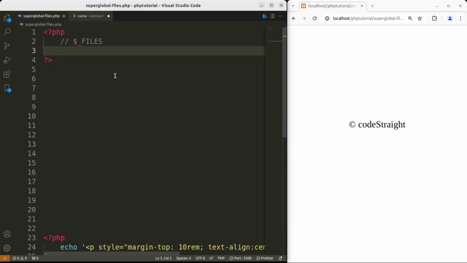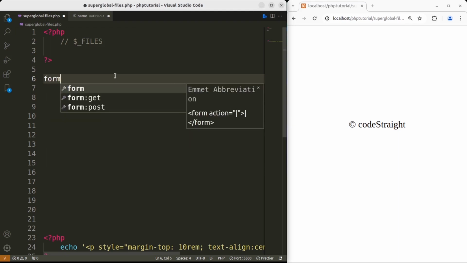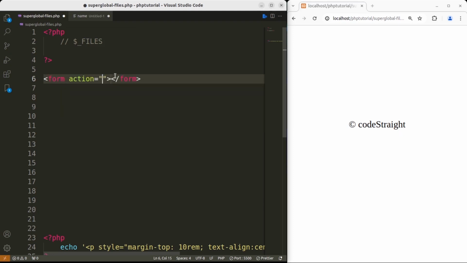Let's get back to superglobals-files, and before we move on, let me create a very basic HTML form. If you want, you can also copy this form from our GitHub repository and find the link in the description below. For that, let's add a form tag, and the action would be,